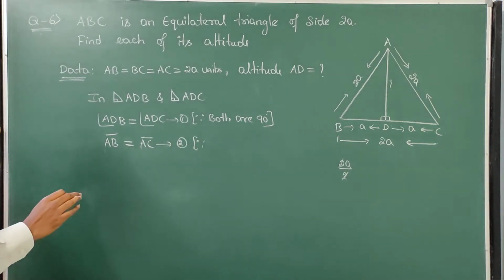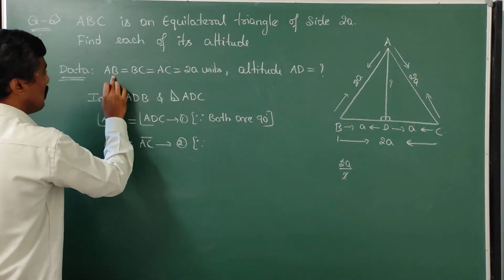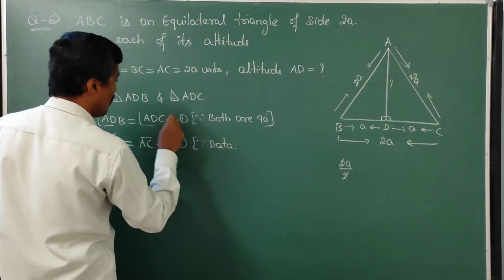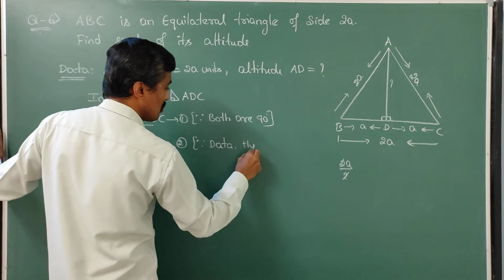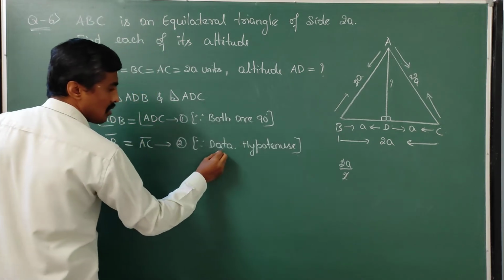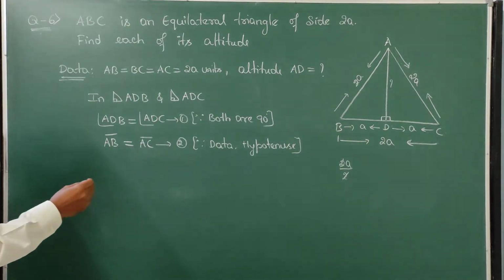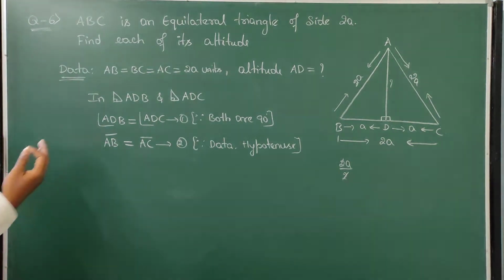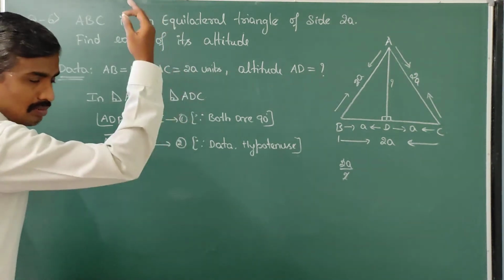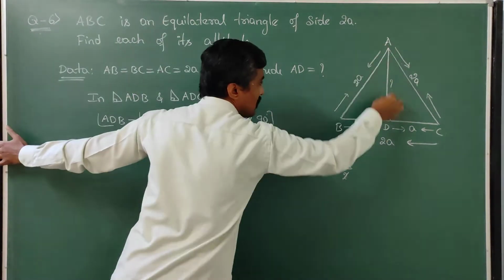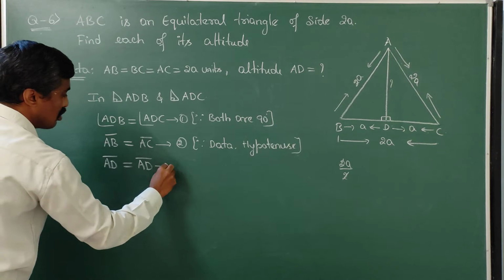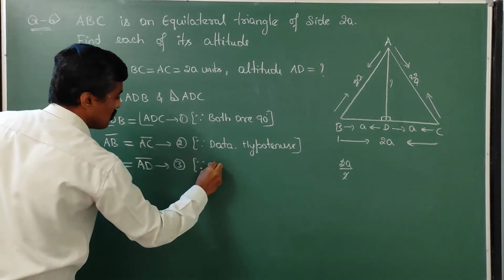But they are hypotenuses, correct? In the data we have written, AB is equal to AC. So in our triangle it becomes the hypotenuse. So actually it is enough. So I am writing, so finally they are equal, congruent. Okay, next another point, AD is a common side, correct? For both triangles AD is common, so therefore I'll write AD is equal to AD. So point number 3, common side.